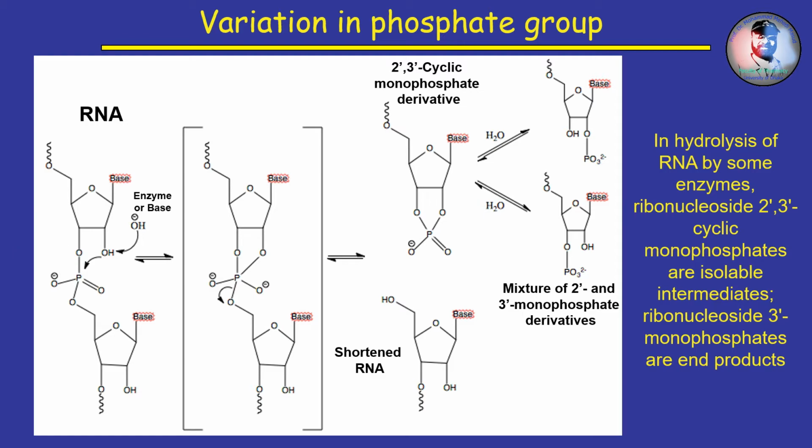During hydrolysis of RNA by some enzymes or bases, the phosphodiester bond in the sugar phosphate backbone of RNA is broken, cleaving the RNA molecule. RNA is susceptible to this type of hydrolysis because the ribose sugar in RNA has a hydroxyl group at the 2' position. This feature makes RNA chemically unstable compared to DNA, which doesn't have this 2' hydroxyl group.